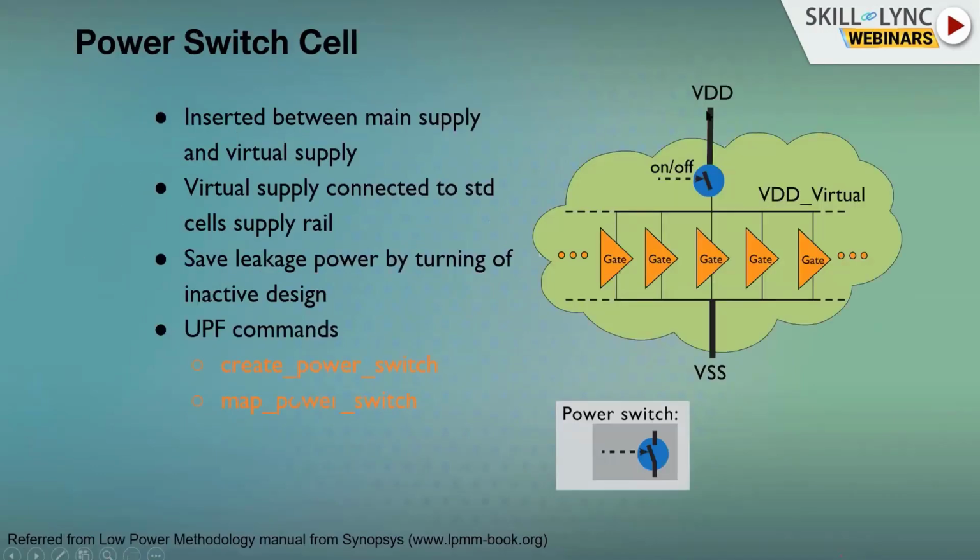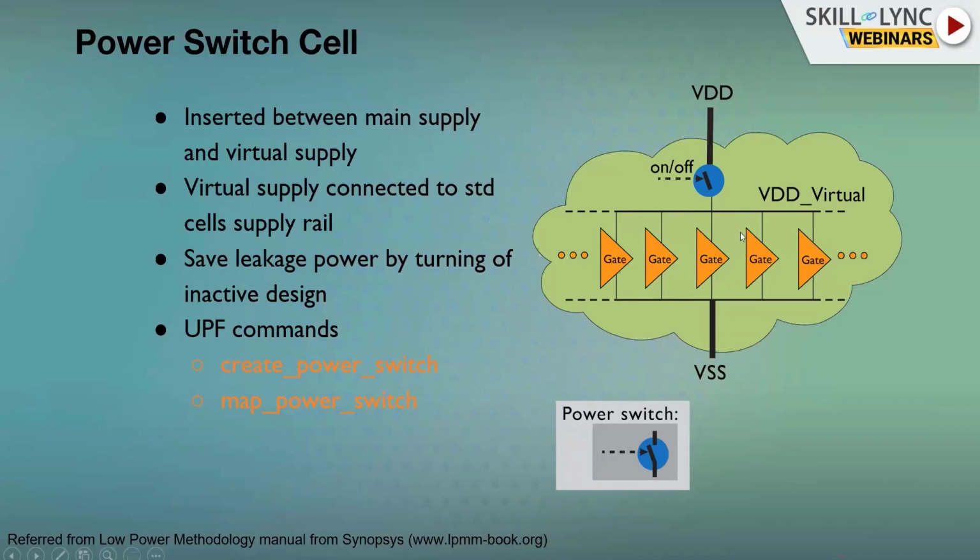So the power switch is something like this. You have a VDD and you have a design with a lot of gates, and you don't want this particular circuit on whenever you are not using it. I just want to cut off this supply, so I have a switch which will be off and it will save my power. This is mainly inserted between your main supply and the virtual supply. The virtual supply is nothing but VDD virtual. This VDD virtual will be on only when these circuits are really functioning, and will go off when these circuits are not functioning.